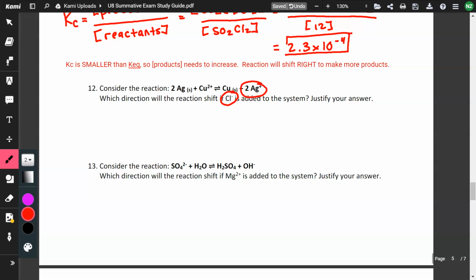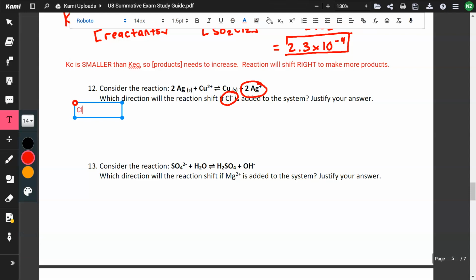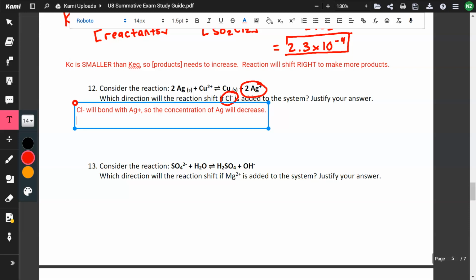Chlorine is -1, silver is +1. So first of all, Cl minus will bond with Ag plus. So the concentration of silver, Ag, will decrease. It's being taken out of the system by an external ion. So equilibrium will shift right